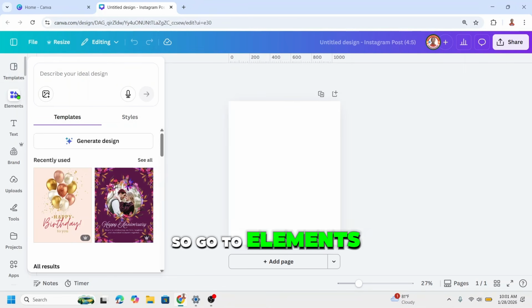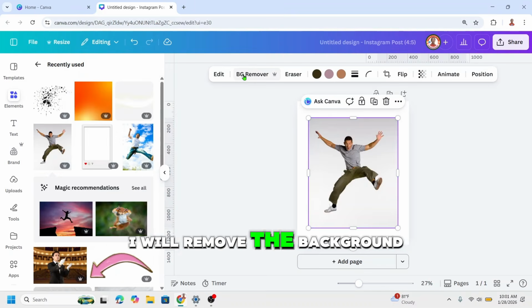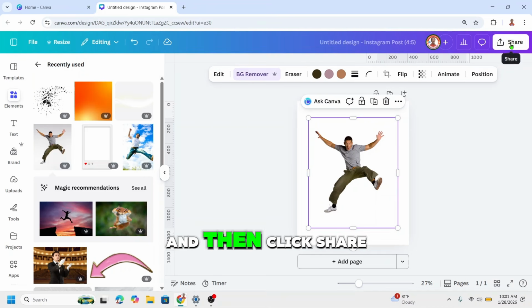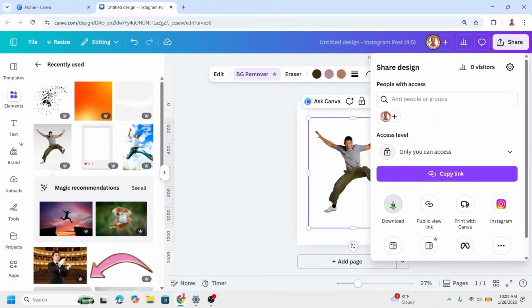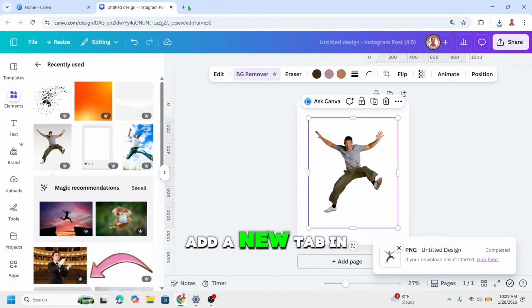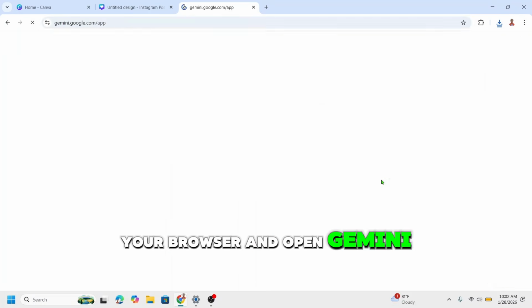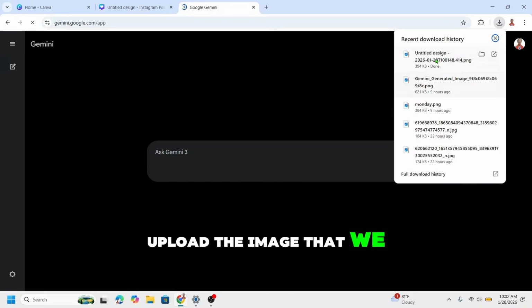So go to element. I will use this element, man jumping. I will remove the background and then click share, download, transparent background and click download. Add a new tab in your browser and open Gemini. Upload the image that we just downloaded